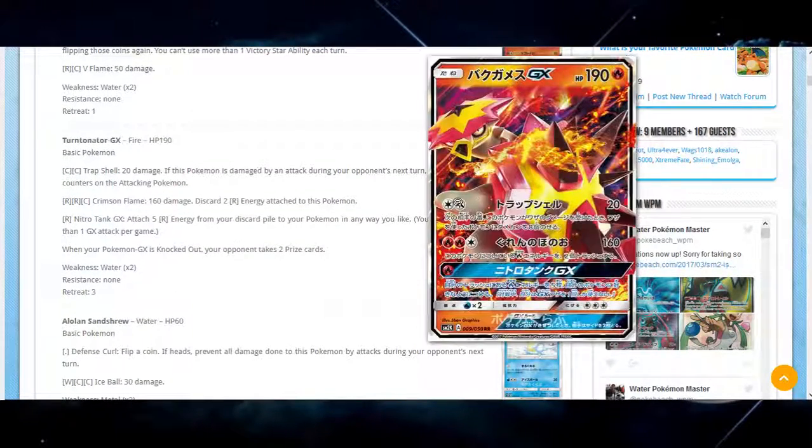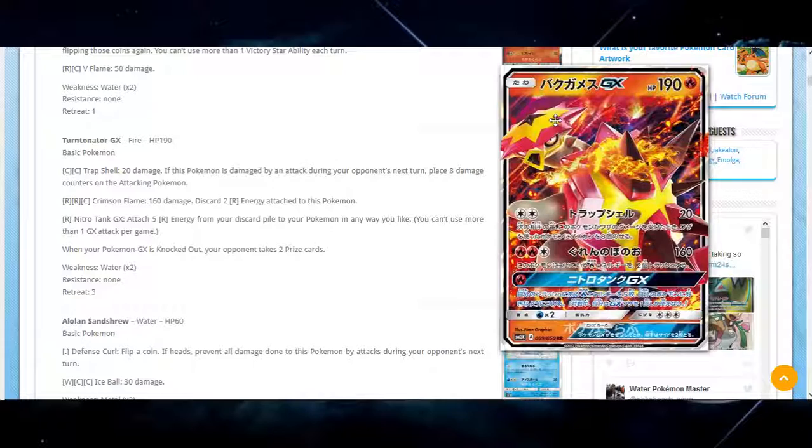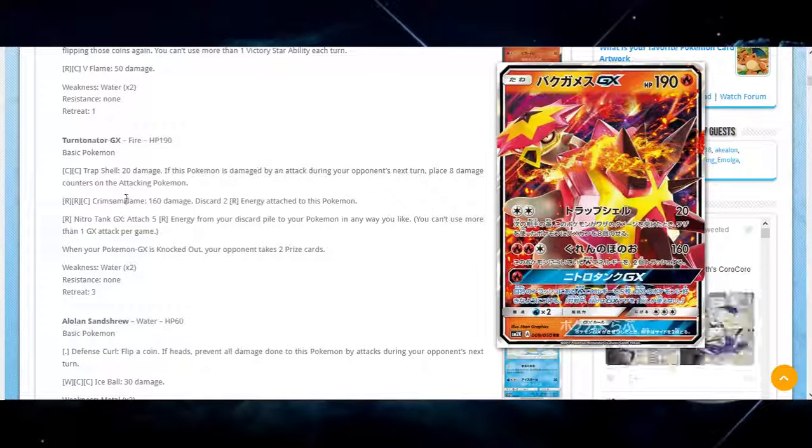Of course, we look at all the ultra rares. Turn Tornator. All right, this one here. See if we can move this out of the way a little bit. All right, Trap Shell, 20 damage. If this Pokemon is damaged by an opponent's attack during your next turn, place 8 damage counters. Oh, Jesus Christ. Okay, that's actually pretty good for a double. That's going to see some play,